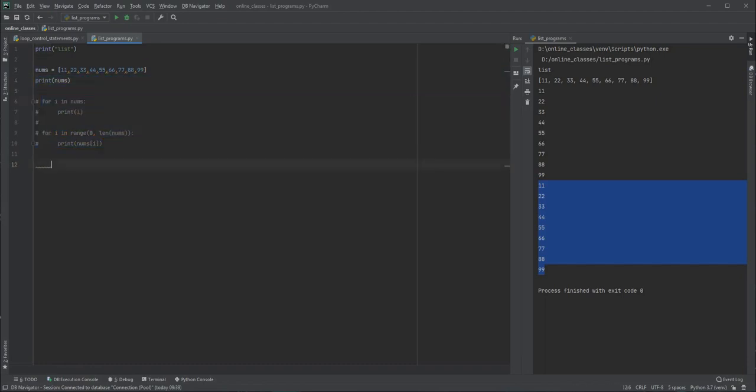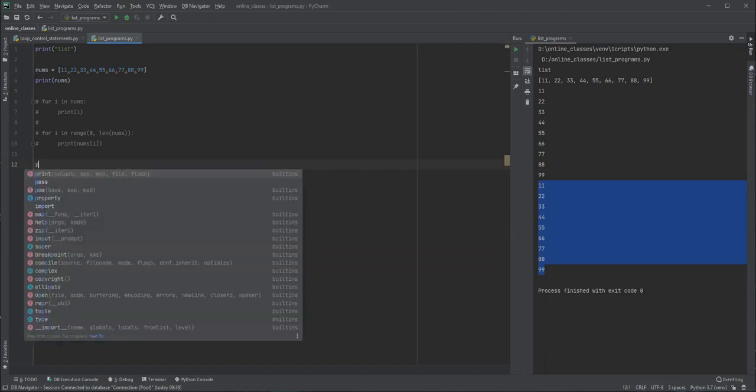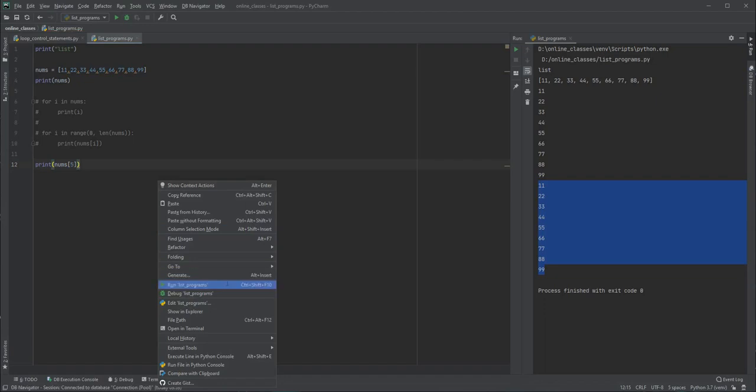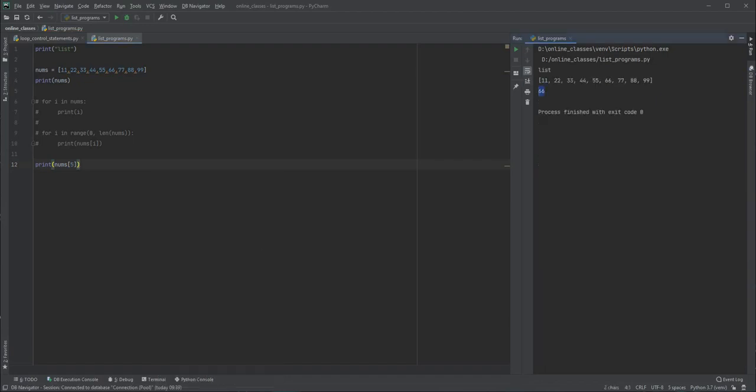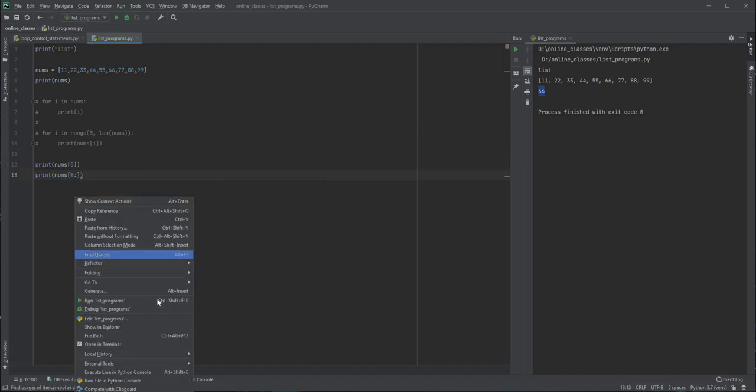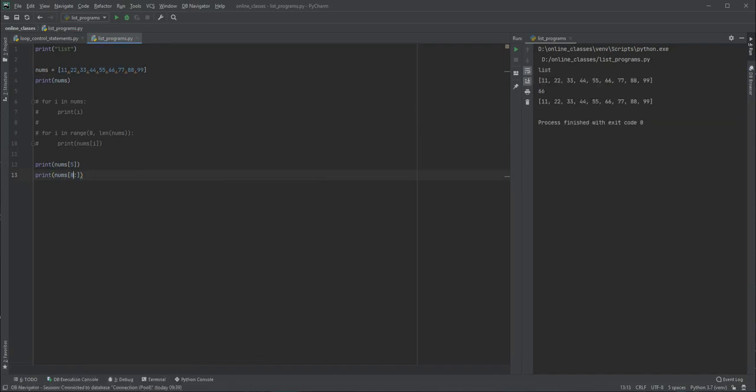I'll comment these things. Now to print each and every value, or any specific value from the list, we have the index values. We can directly use the indexes like this. Let's say if I want to print what is at index 5, it is going to say 66 like this. Then if I want to print everything from the start till end, we can use the square brackets one more time, first write 0, then put the colon symbol, and it will print from the beginning till the end like this.